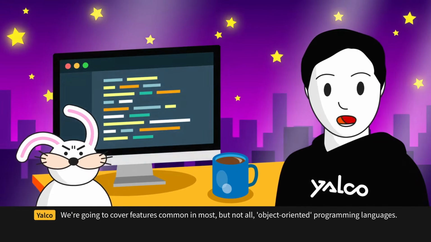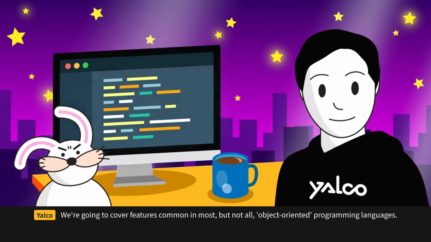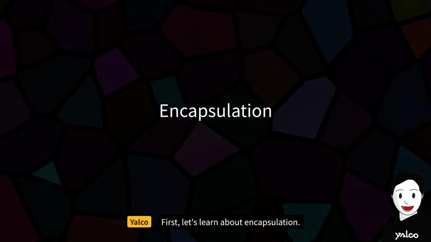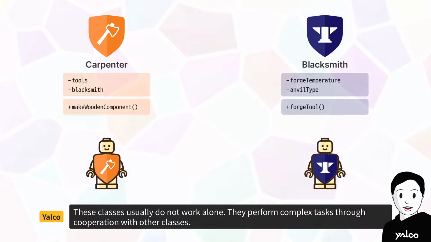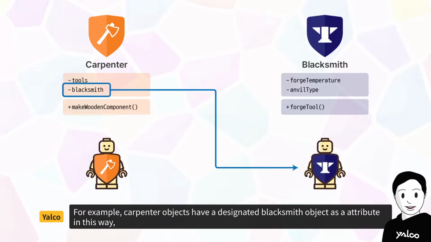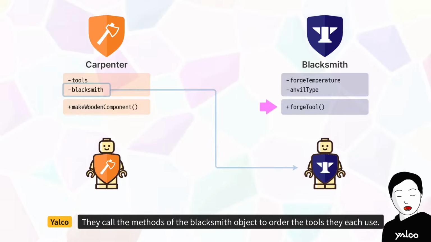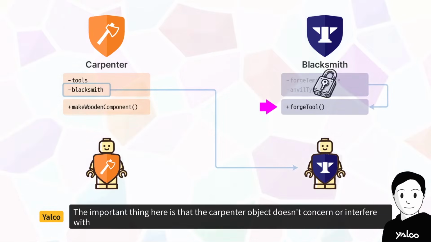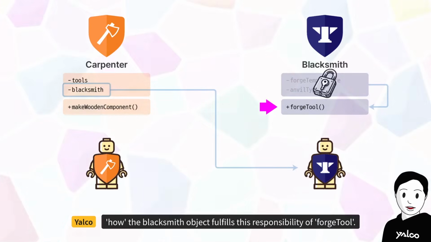We're going to cover features common in most, but not all, object-oriented programming languages. First, let's learn about encapsulation. These classes usually do not work alone. They perform complex tasks through cooperation with other classes. For example, carpenter objects have a designated blacksmith object as an attribute in this way. They call the methods of the blacksmith object to order the tools they each use. The important thing here is that the carpenter object doesn't concern or interfere with how the blacksmith object fulfills this